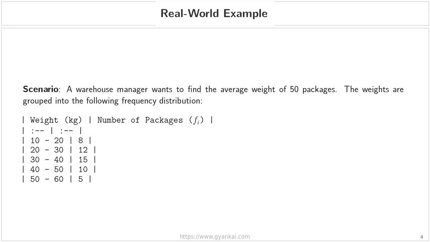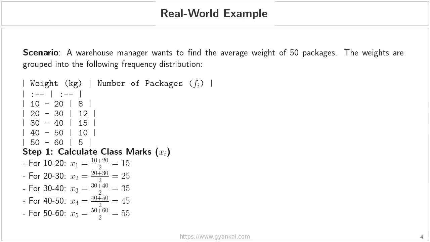weight ranges in kilograms, and the second column, which we call f sub i, tells us the number of packages in each range. To begin our calculation, we need to follow the steps we just discussed. Step 1 is to find the class marks, which we denote as x sub i. As a reminder, the class mark is simply the midpoint of each interval. So, for the first interval of 10 to 20, we add 10 and 20 and divide by 2, giving us